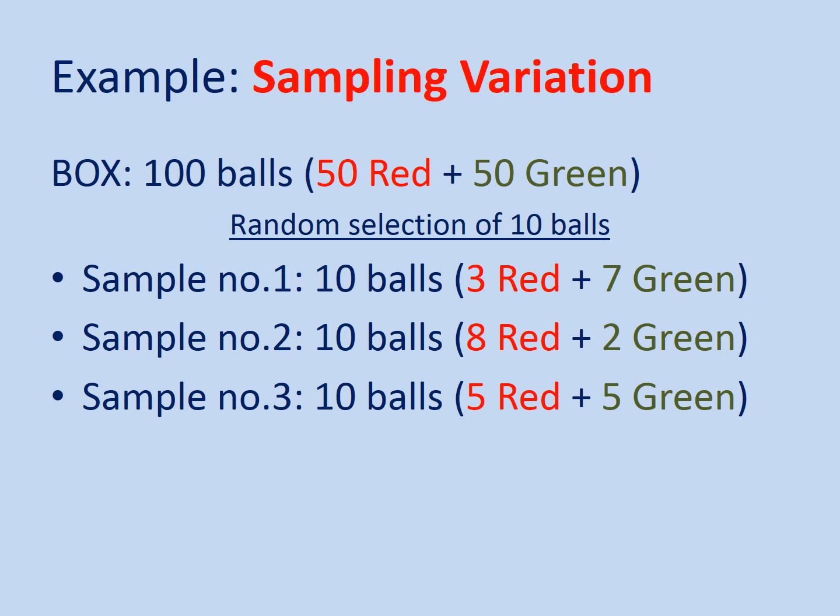So in biomedical research or in health research, it is very difficult to study the entire population due to the limitation of economy and time. In order to overcome this difficulty, a sample is drawn from the large population and studied to draw the inferences regarding the population. So this is how, with the help of the sample, you can minimize your effort and the time required for the research.